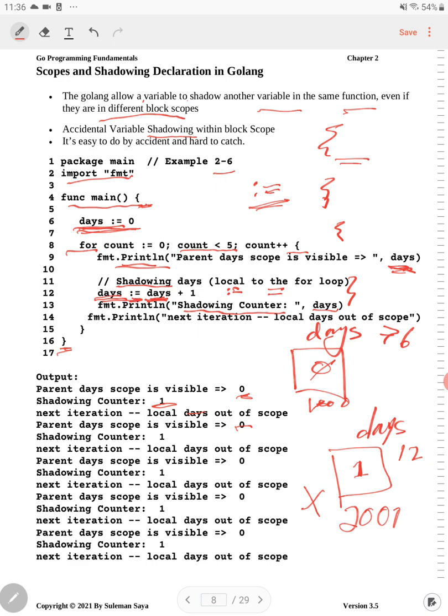Okay, so this basically concludes Unit 2, Chapter 2. Okay, so we will